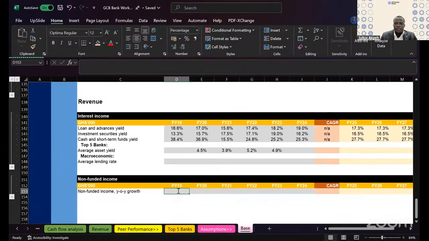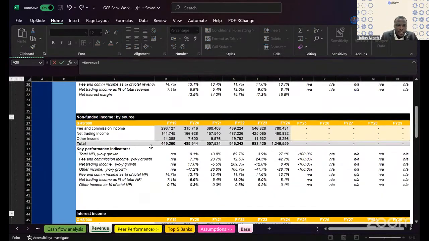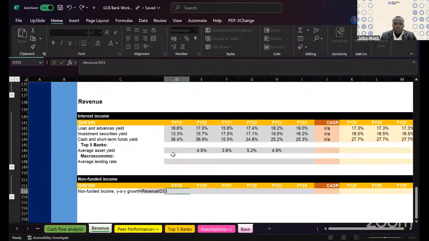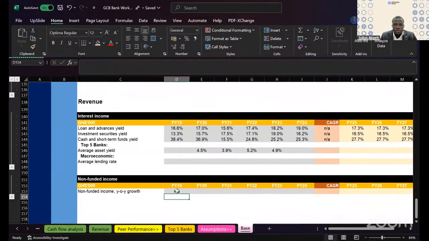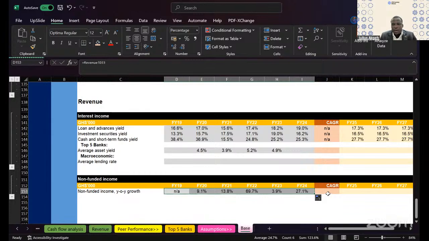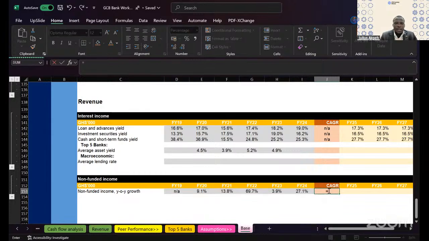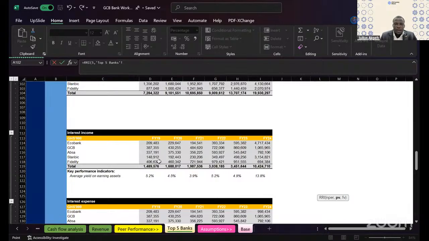So the non-funded income, I've calculated already the total, you see, total non-funded income growth. So I'm picking that one, the growth in total non-funded income. And also, I need to calculate the CAGR in respect of that. Since we are dealing with growth, I can calculate my CAGR now, 5. And then the present value,